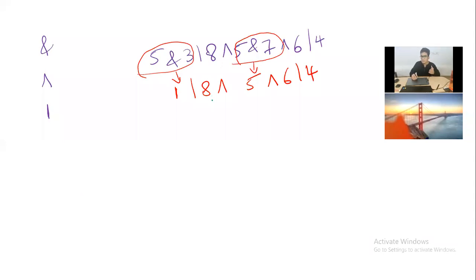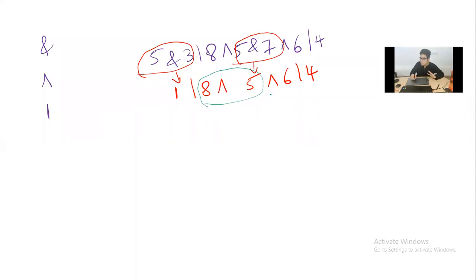Which has the next highest precedence? XOR. Which means you have to solve this first. But if you notice, there is XOR here also, right? So first you solve this. What is 8 XOR 5? Other operators as they are, 1 or 8 XOR 5. Let's imagine it as 3. I'm not deriving, I'm just telling you. Just imagine. Then you have to do XOR 6 again, or 4. Now you have to do 3 XOR 6. 1 or 3 XOR 6, let's imagine it is 3. And 4, other operators as they are.